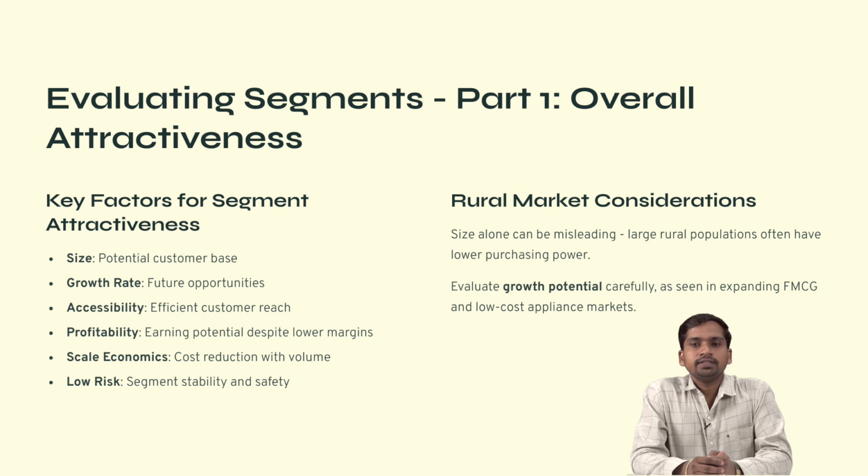When evaluating segments, we primarily look at two aspects. The first is the overall attractiveness of the segment itself. We assess this using several factors. Size tells us about the potential customer base, growth rate indicates future opportunities, accessibility is crucial in rural areas. Can we actually reach these customers efficiently through distribution and communication channels? Profitability assesses the earning potential, considering that margins might be lower. Scale economics explores if producing more for these segments lowers cost, and finally, low risk considers the stability and safety